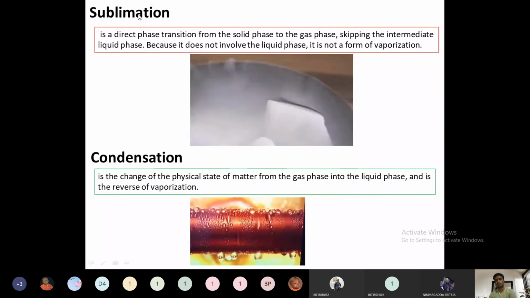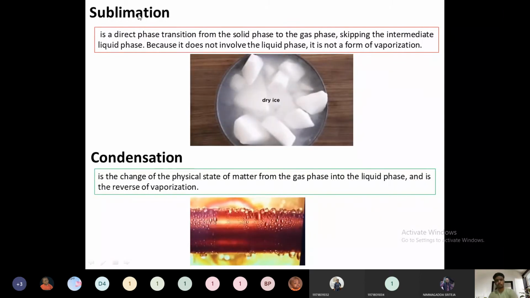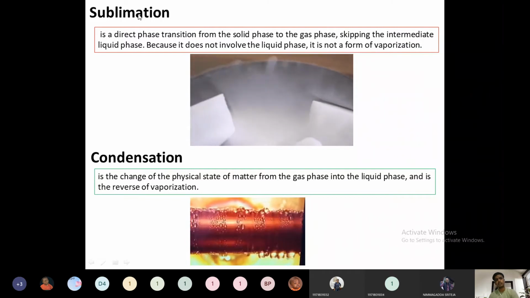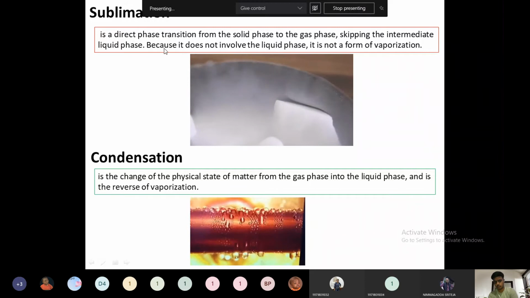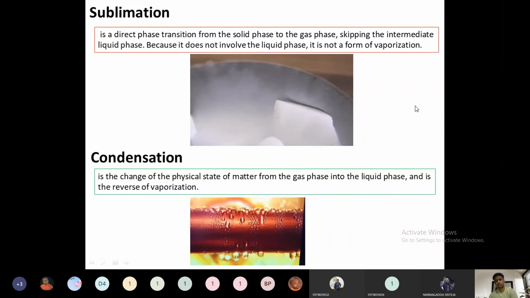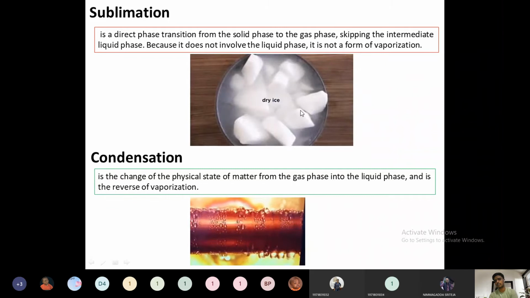And sublimation, you might have already studied in the thermodynamics course. Sublimation is nothing but a transition from the solid phase directly to the vapor or gas phase, neglecting the intermediate liquid phase. Transfer of a constituent element from the solid phase to the vapor phase is called sublimation. So it does not involve the liquid phase. Here you can see the example of dry ice, which is nothing but solid CO2. That solid CO2 is going from the solid phase directly to the vapor phase in the surroundings. This is called sublimation.